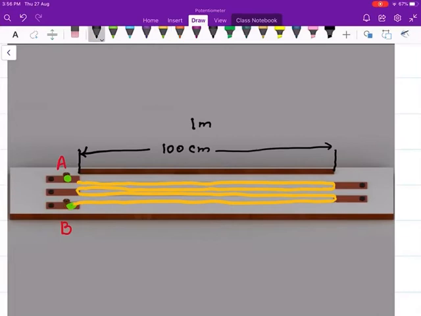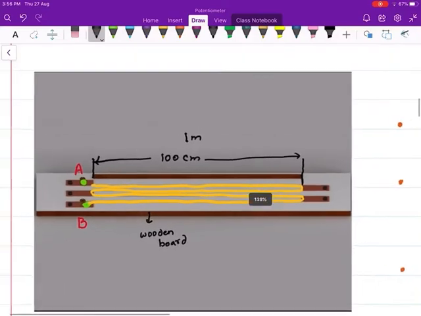This is the wooden board. So on this wooden board we have this very long wire which can be 2 meter to 10 meter long, and it is made in rounds such that one edge is 100 centimeter. From this point A to a point over here, the length is 100. So in this particular potentiometer we have a 400 centimeter wire or a 4 meter wire, right? So this is a typical potentiometer.